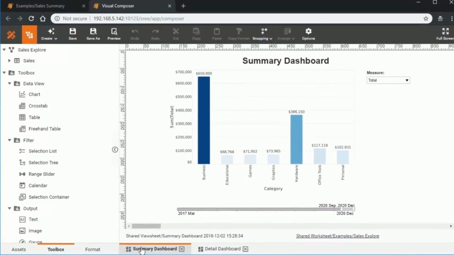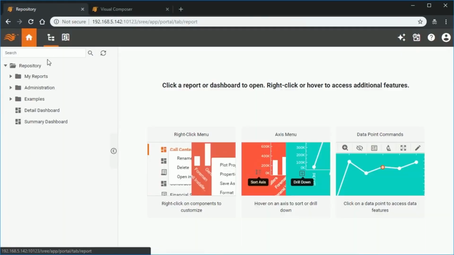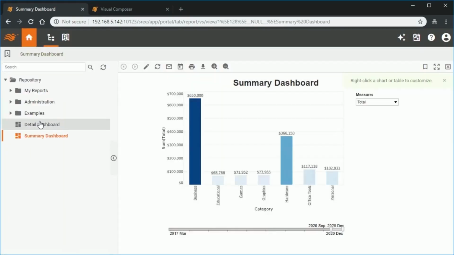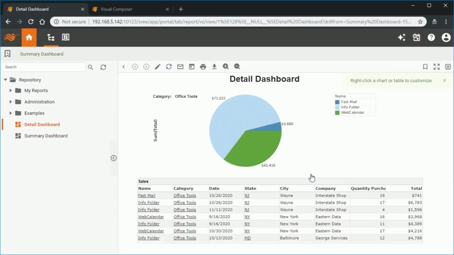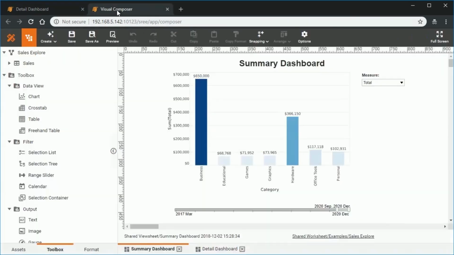Now, if we take a look at the summary dashboard in the portal, and we click one of the hyperlinks, the detail dashboard will still be filtered appropriately for the range of dates that we selected in the summary dashboard, but we will not see the range slider in the detail dashboard because we've hidden that particular component. Let's return to our design view. The approach that we just looked at of using shared filters is an easy approach when the hyperlink is drilling